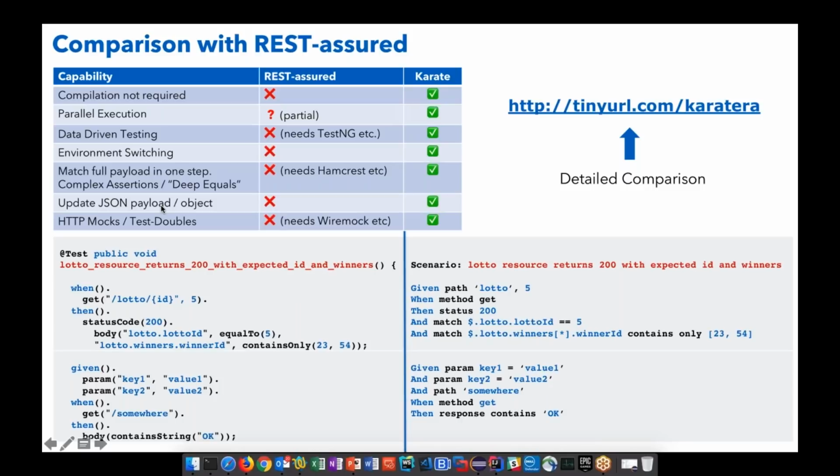so you can see. The two or three things I would call out: on the left side, you see a lot of noise, quotation marks, semicolons, curly braces and whatnot. You don't see that on the right side. And one of my pet peeves with Rest Assured is that, if you think about it, that when, get, then, that whole set of steps on the left, it's actually one gigantic line of Java code.